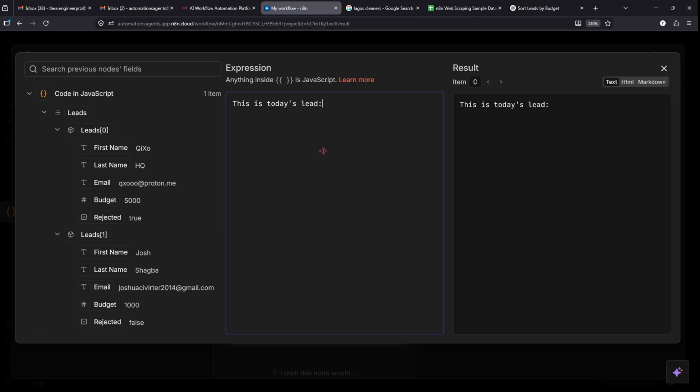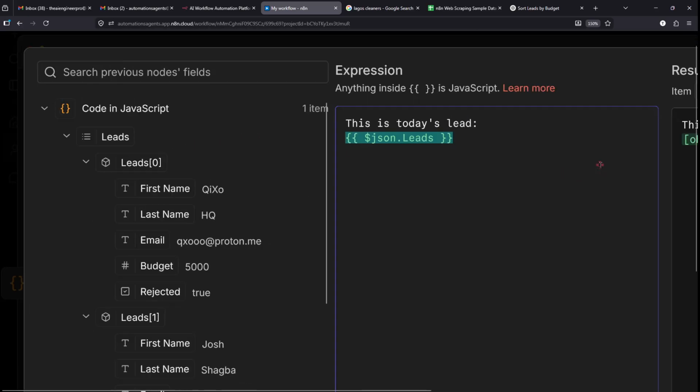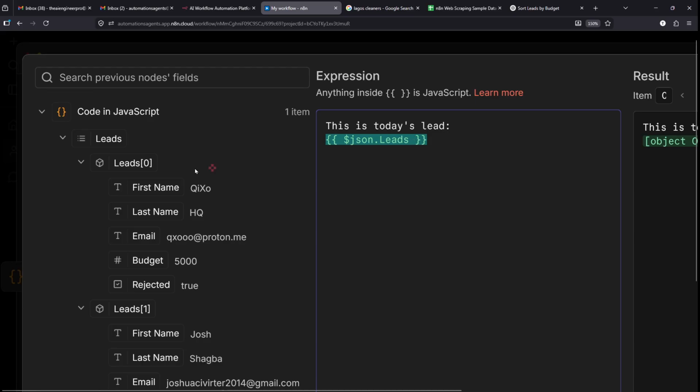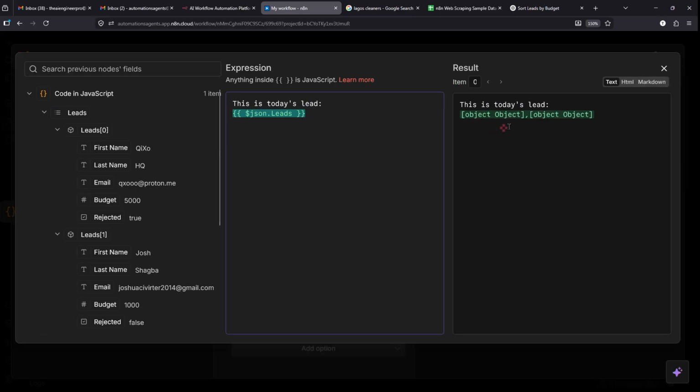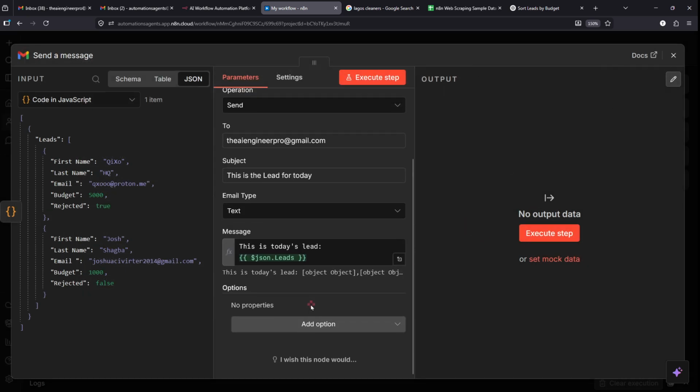So in this case now, I'm just saying this is today's lead. Now the lead in this case, what you just simply need to do is to drag this lead in here. Okay, and you see json.lead. All right, cool. So that's it. So I'm just going to click out and close off of this. And then lastly,